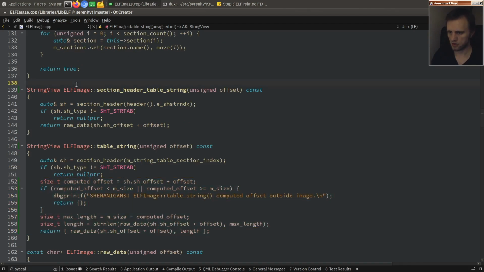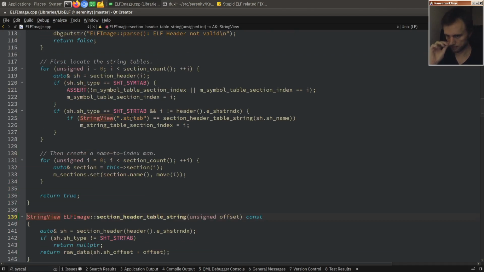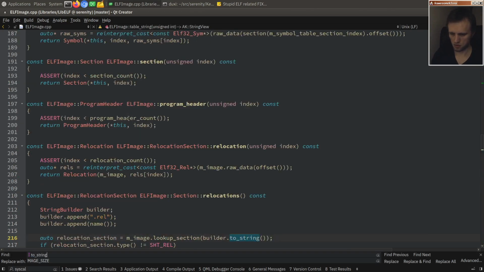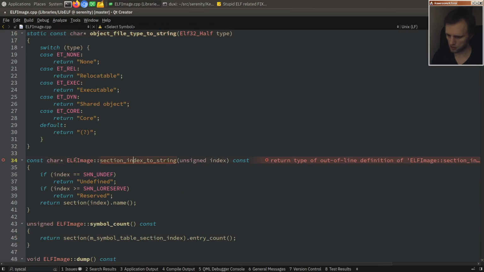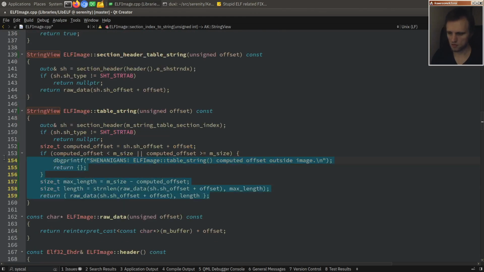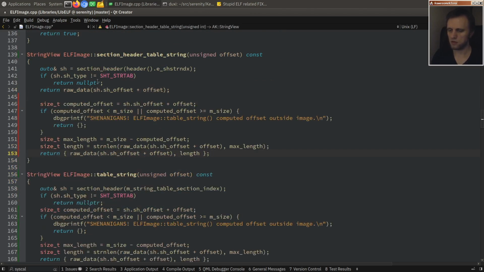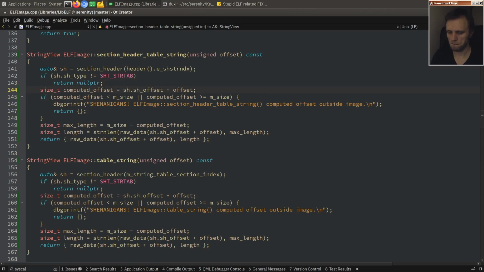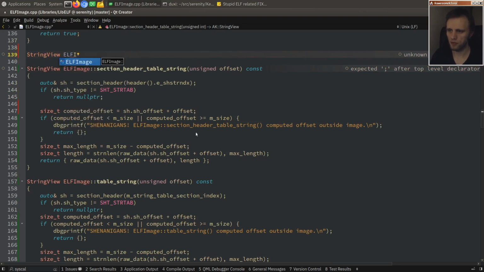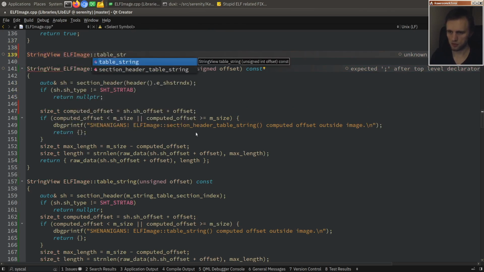Maybe we can turn this into a helper. Or do we need more of these, actually? To string. What was that awkwardly named one? Section index to string, right? Oh. So here we just want to do basically the same thing, except this is section header to string. I think we'll make a helper here. Table string